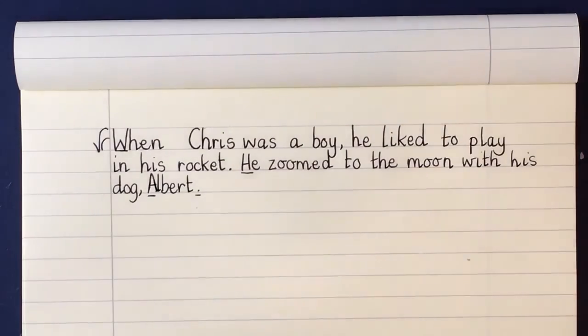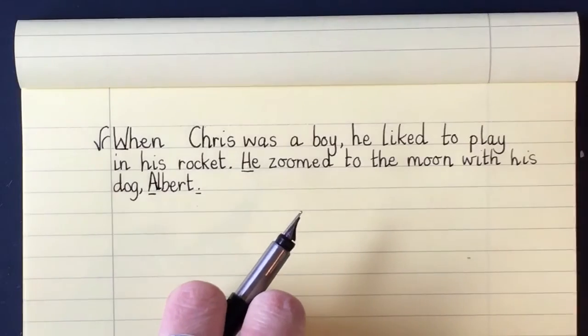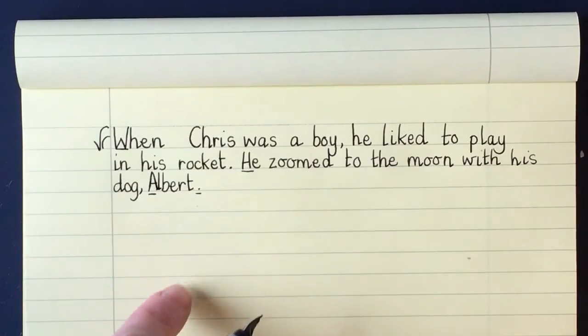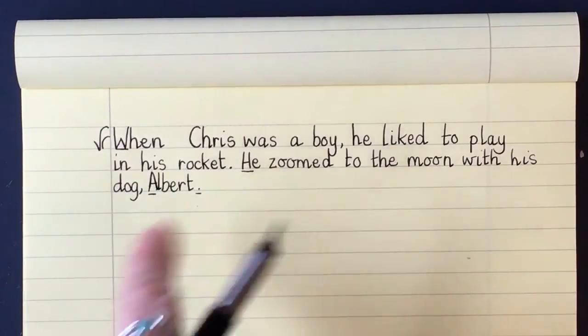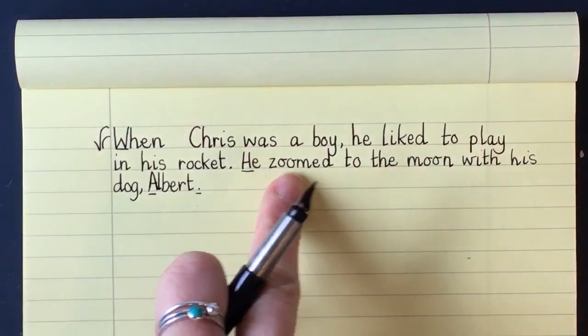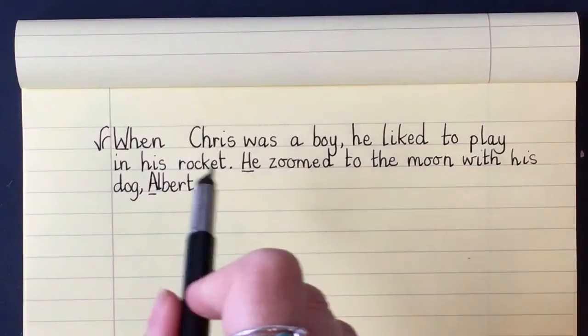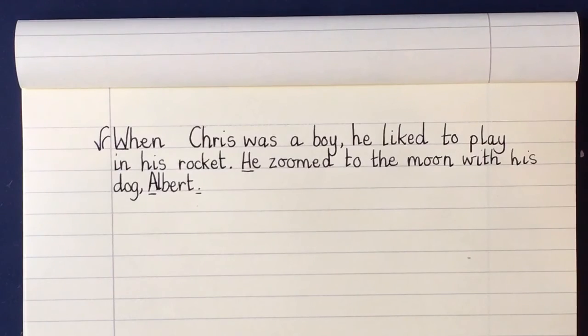Okay, fantastic. Now, what I want you to do when you've done that, I want you to keep this really safe, because on Monday, we're going to come back to this and we're going to write the next bit of the story. Okay? Now, you might change yours a little bit. You might have a different verb instead of zoomed, and he might not go to the moon. He might go into space. Or you might say he raced around his kitchen pretending he was in a rocket. And you might have a different sentence starter. So have a look at the word bank that I've made for you, because there's lots of ideas on there. But if you could write 2 sentences, that would be really fantastic. And then we're going to save them for Monday, and we're going to add some more. We're going to stack all our sentences up to make a story.